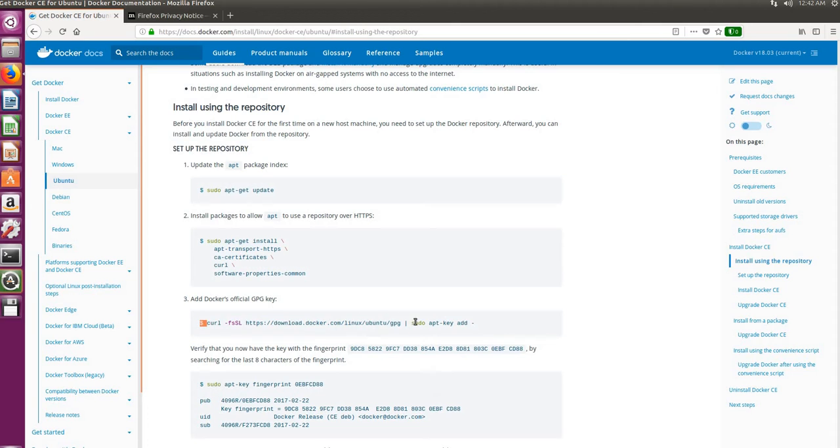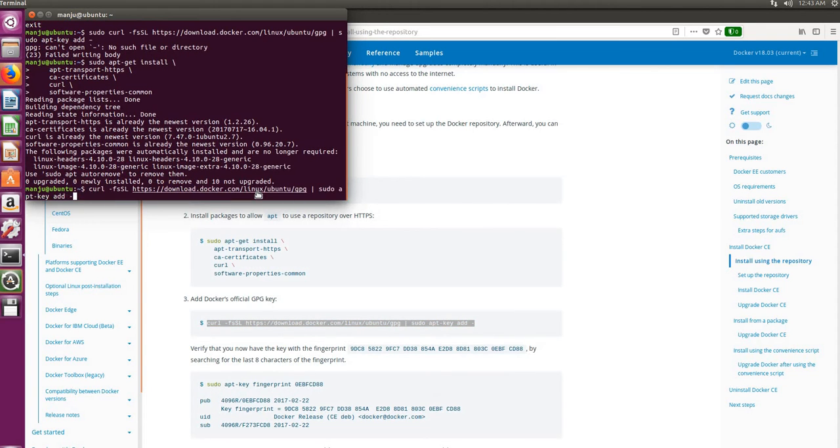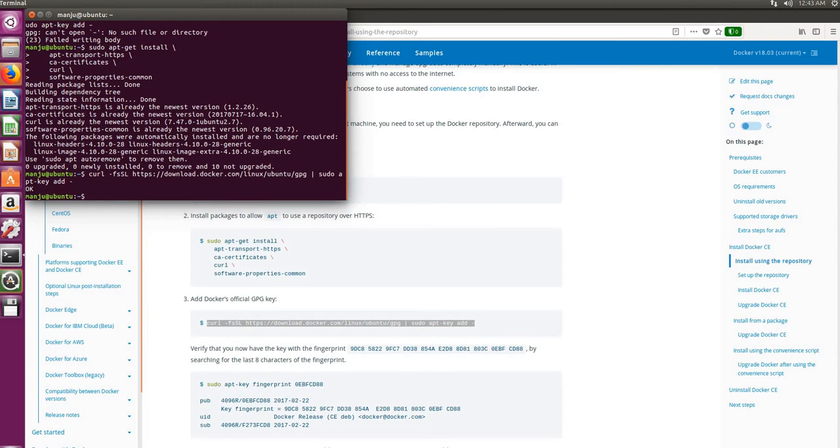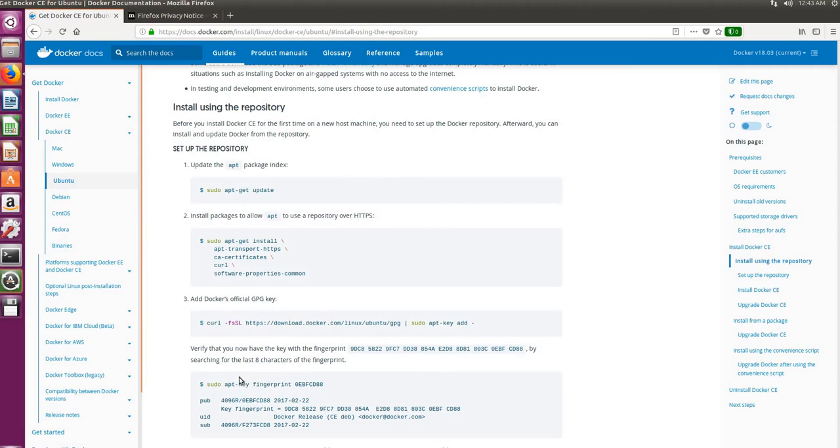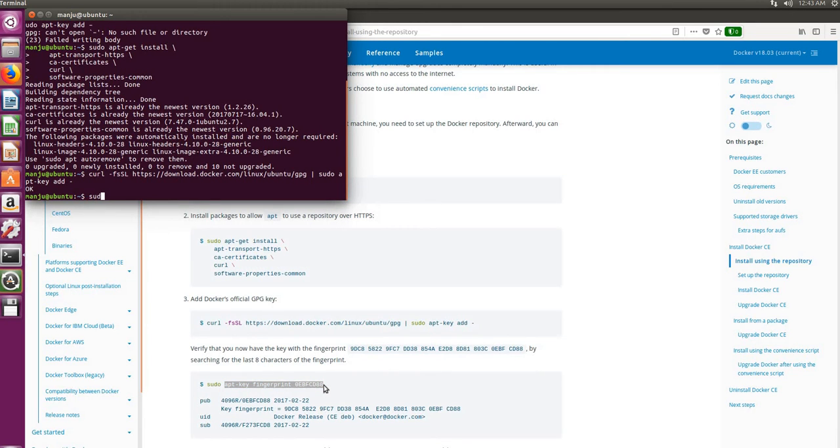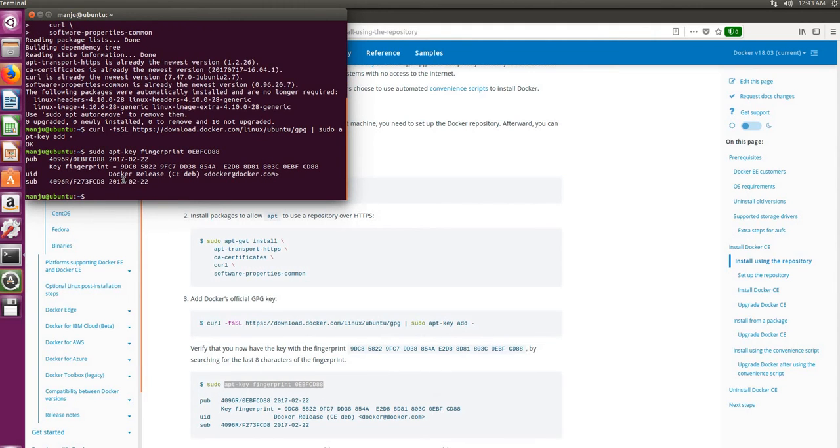See the command is exactly the same as what was in the notepad, but for some reason the command from the base system format to the virtualization format is not copying properly, so we are doing it in this format. There you go, it's done. Then make sure the signature certificate is verified. The signature has been verified now for the Docker release, and then